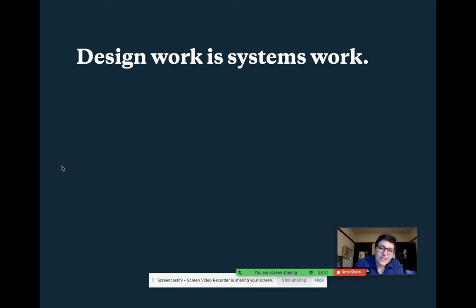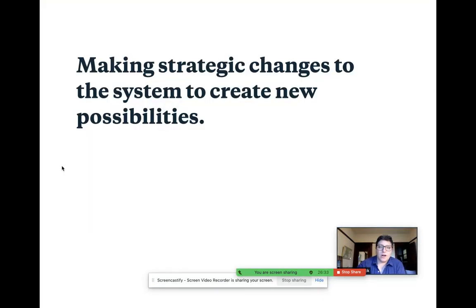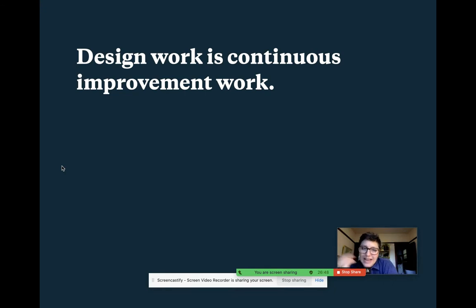I also believe design work is systems work. So making strategic changes to the system to create new possibilities. How can we make changes over here that ultimately have a cascading effect that creates those better outcomes we're seeking? And I believe design work is continuous improvement work. So how can we take